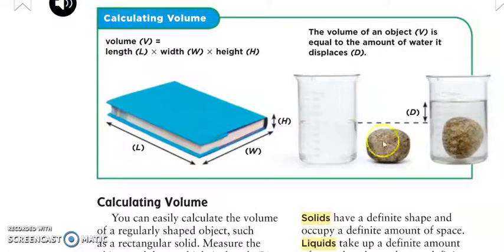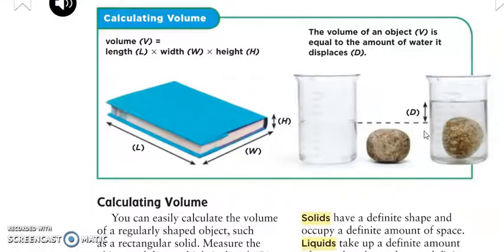Okay, to do this, guys, you measure the amount of water first, the water that is moved out of the way or displaced. Then we put the rock in, and we measure the amount of water it displaced here. So this amount of water displaced is equal to the volume of this object, but not in centimeter cubed like this book, it's in milliliters,